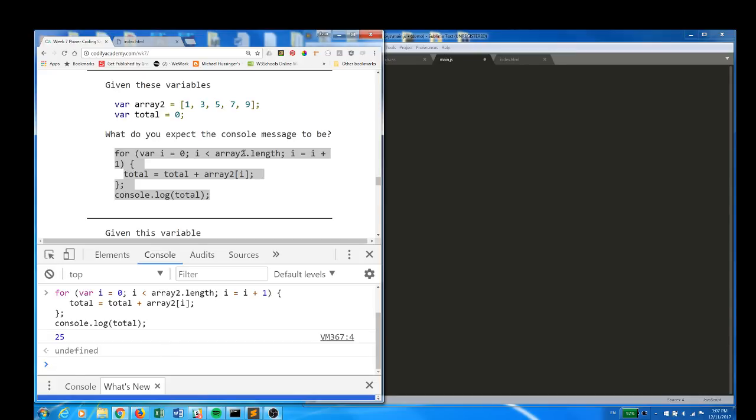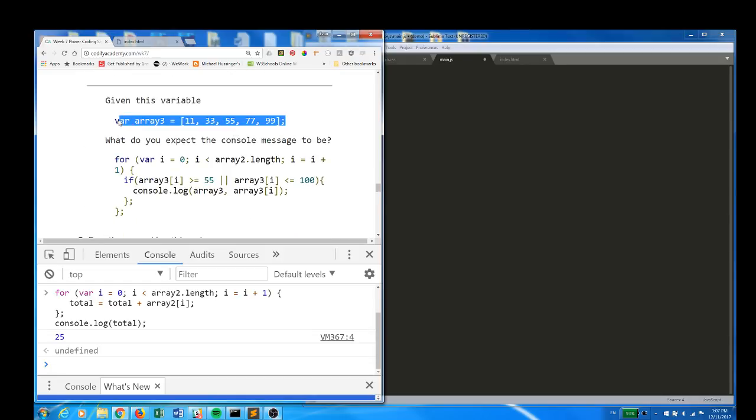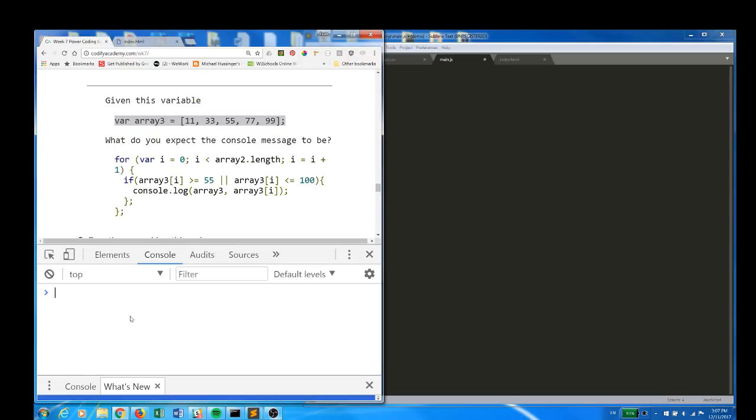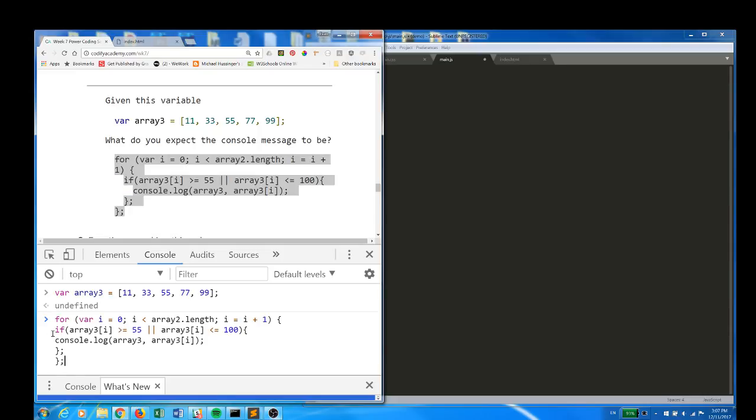So as I said, for loops are the most complicated thing we'll be dealing with for a while, but they are essential. Hopefully they will get more familiar and you'll be able to internalize the logic that's happening over time, but it does take practice, and to that end I've got some additional exercises that should help us once we make it through these. And I'm going to work fairly quickly through the rest of them because they're all pretty much the same. Array3, given this for loop,